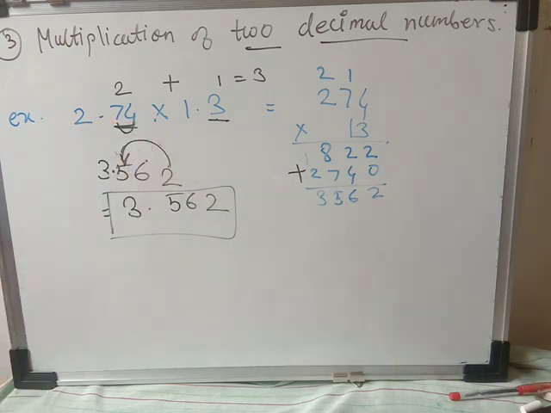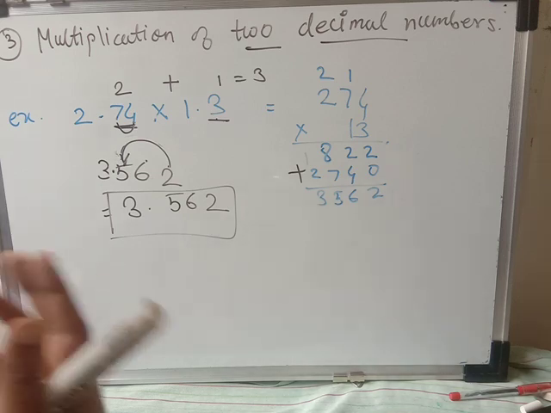Okay, so here we have finished today's session. In the next session we are going to solve the next exercise, that is 2.5. In that we will see how to do the multiplication of decimal numbers, and one more important thing, we are going to see how to compare decimal numbers, how to express decimal numbers in rupee in different units, rupee, centimeter, meter, kilometer, and how to write the decimal number in expanded form. All these things we will see in the next session.